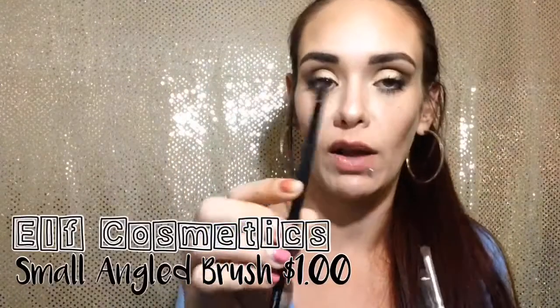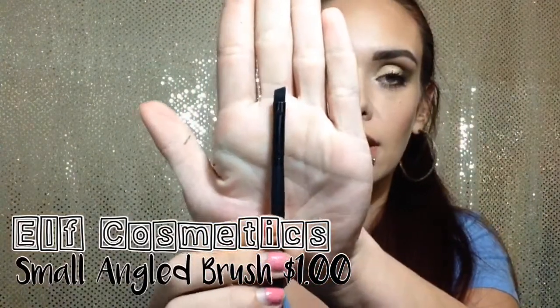You cannot go wrong. And this one is the e.l.f. Small Angled Brush. I will use this to just kind of pack liner on my lower lash line, or I will put my eyeliner on this brush and use it instead of the applicator it comes with. This one was $2. They've really come out with some new brushes, and I'm loving them. Actually, I've been using these every single day since I got them, so I highly recommend going and checking out